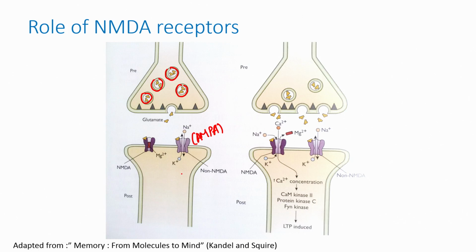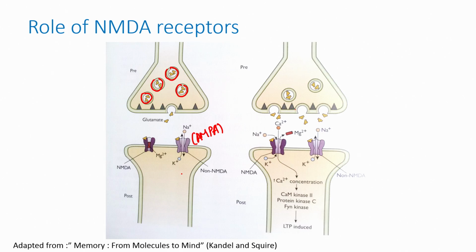It is a receptor for glutamate, and at the same time it is also a sensor for voltage. Now, normally, the conductance of these receptors is blocked by the binding of a magnesium ion in its cavity. However,